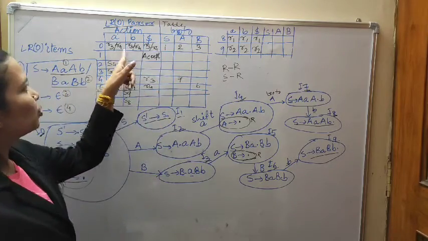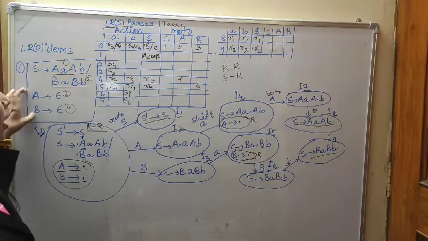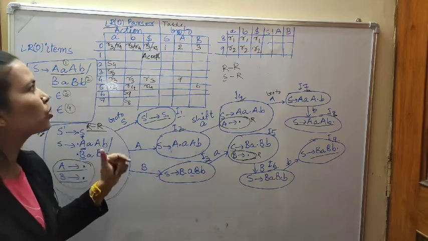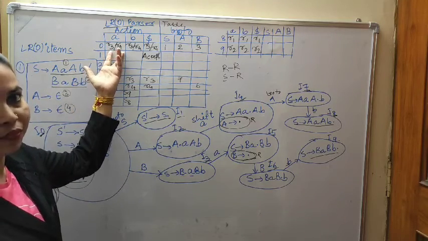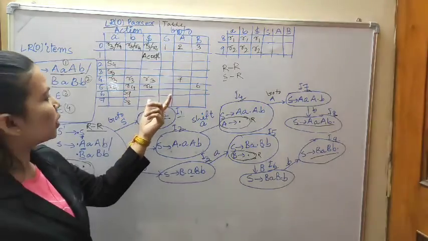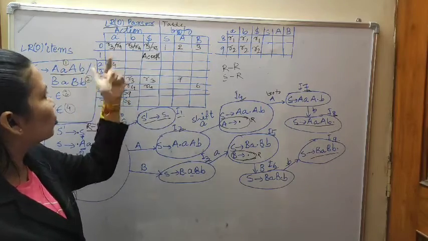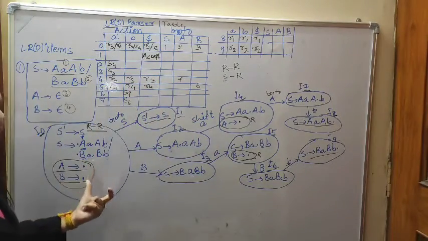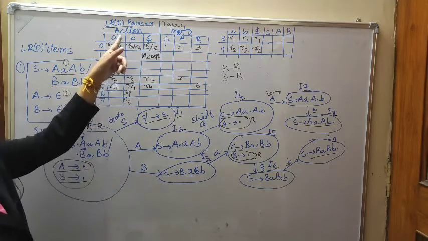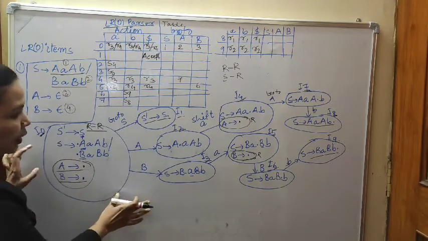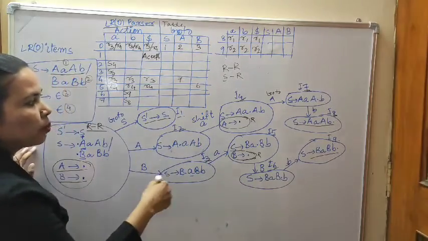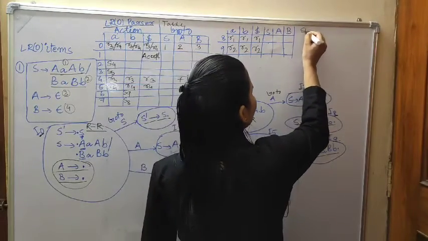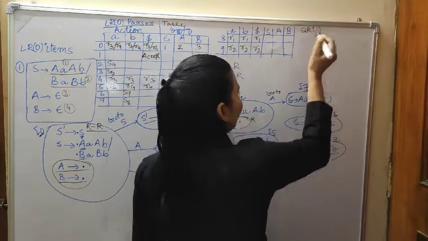Okay. So here you can say that this grammar has a reduce conflict, because multiple entries are there. If the LR0 parser has a reduce conflict, it doesn't mean that the SLR does also. Always remember that in the LR0 parser, the canonical collection, that means the canonical set of LR0 items, is the same for LR0 and SLR1. Both are the same.